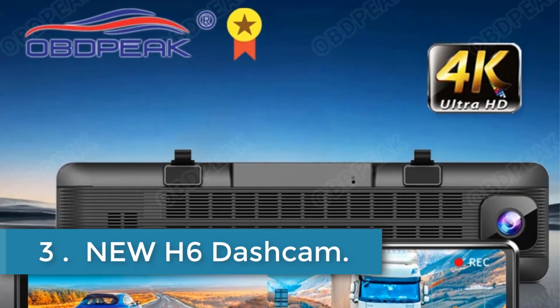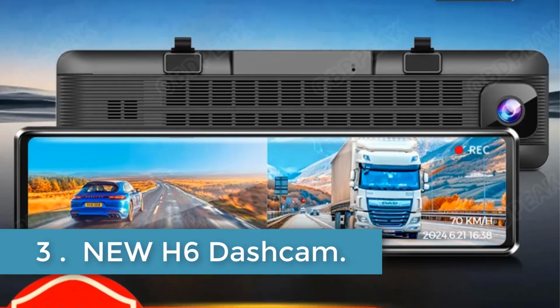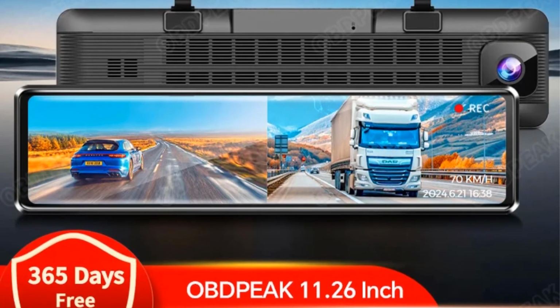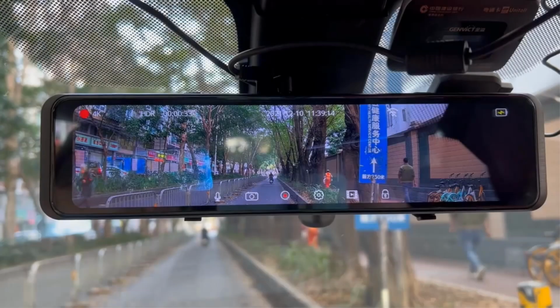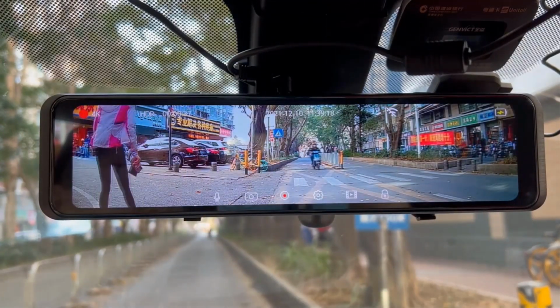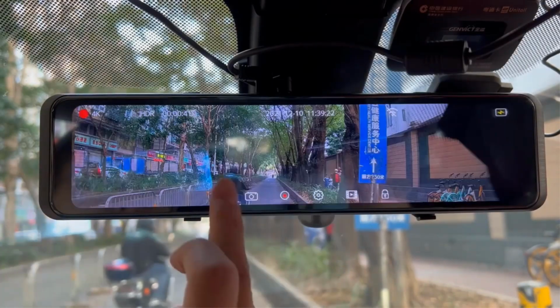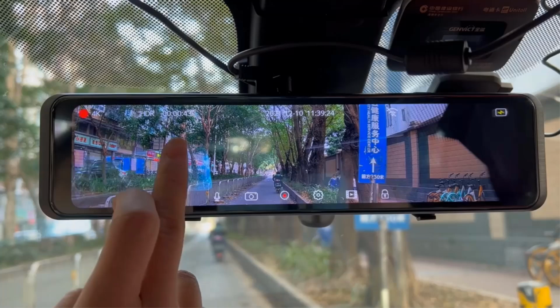Number 3. New H6 Dashcam. The OBDPEAK H6 is a sophisticated car DVR system equipped with advanced features tailored for modern vehicle surveillance and safety. It boasts dual cameras, including a 4K front camera and a full HD rear camera, capable of recording high-quality video